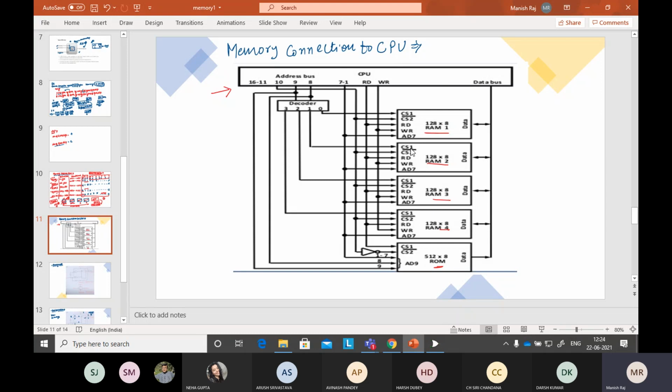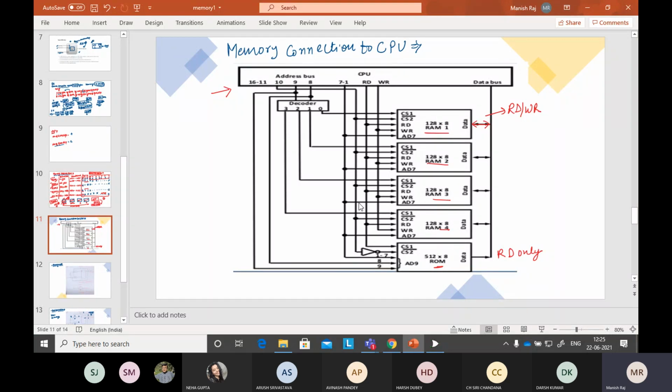Now you can see here, this is 2 directional. It is written here 2 directional, which means you can read and write. In the RAM you can read and you can write. In the ROM the structure is such that you can read only, so this is 1 directional. So the 2 directional is in the RAM, and the 1 directional is in the ROM. Is it clear till now? One by one I am telling you everything so you can understand.